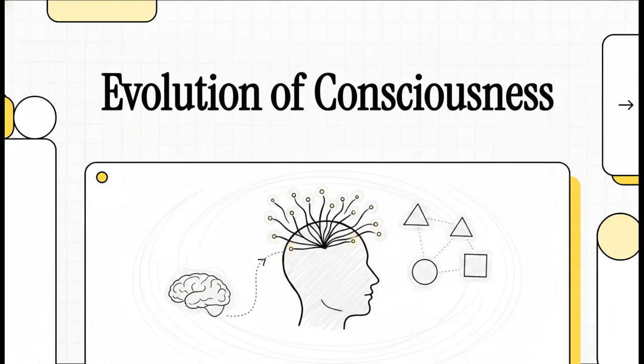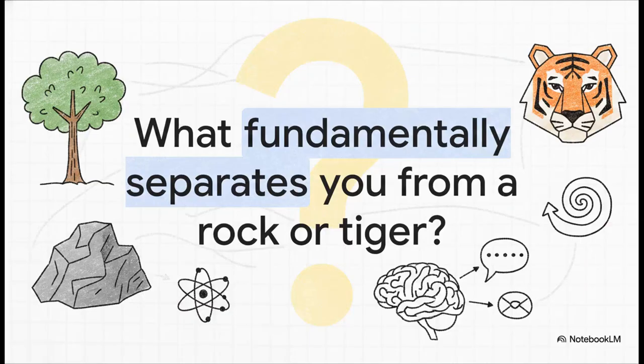Okay, let's jump right into this explainer and really unpack the fascinating layers of existence that make us, well, who we are. Have you ever actually stopped and wondered what fundamentally makes a human being different from the rest of the natural world? I'm not just talking biologically here, but at the absolute core of our consciousness. Seriously, what fundamentally separates you from a rock, a tree, or a tiger?